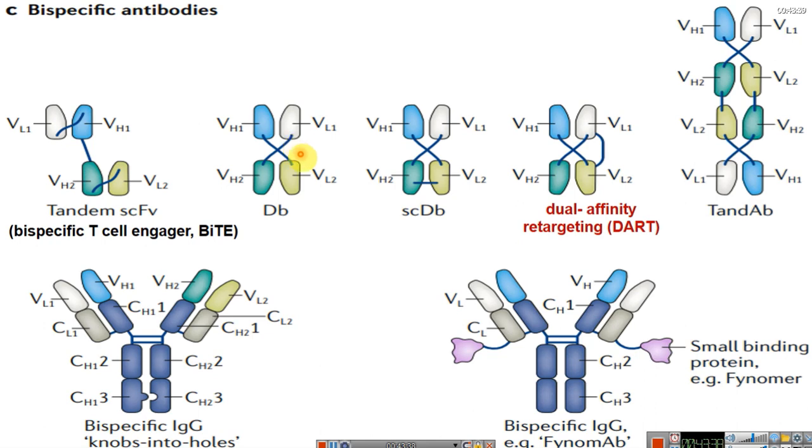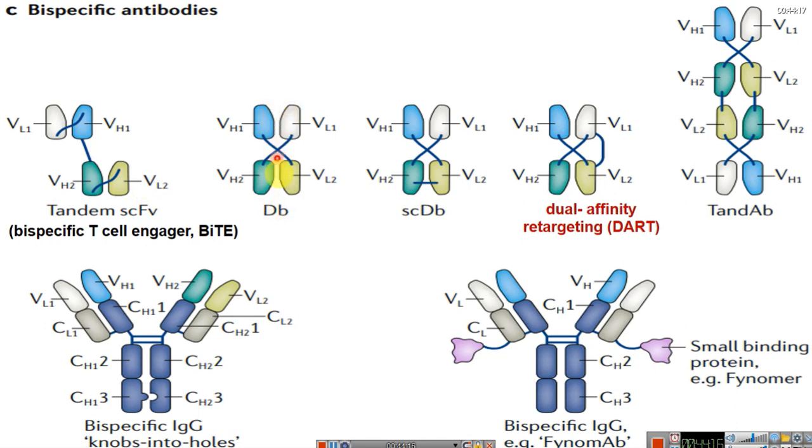Diabody, if you see it clearly, again, only how the immunoglobulin domains are connected with each other is different. This is a single chain, okay, and this is a single chain. These are two chains that bring the variable regions of light and heavy chain together. Okay, here these two regions are connected, right? In a tandem scFv. But in a diabody,